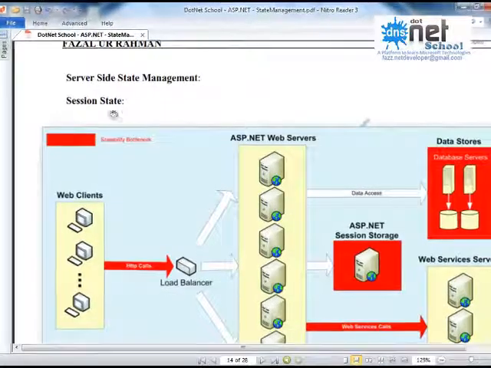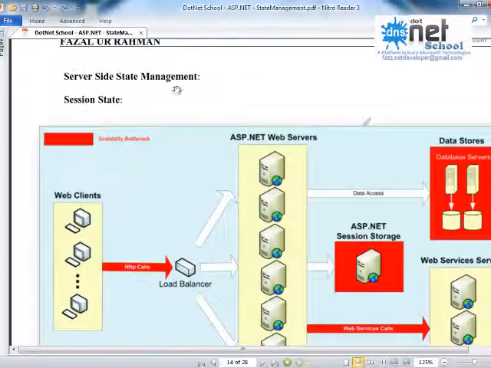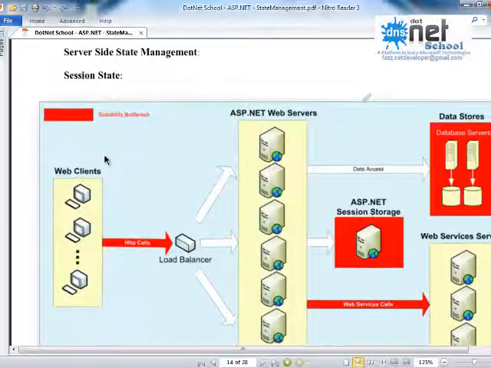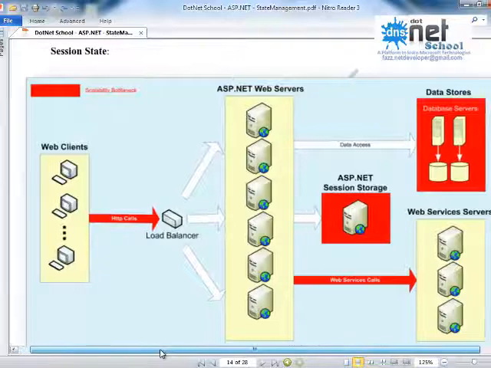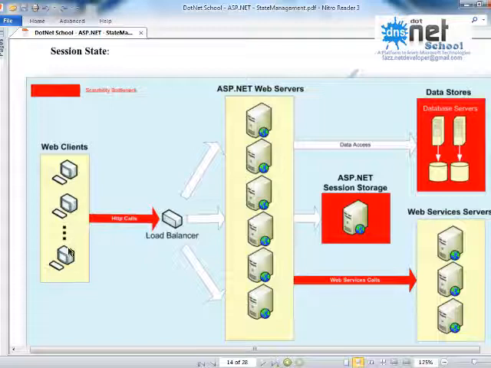As we know it very well, in server-side state management techniques we have session state and application state. Okay, so let us see what this session state is. See, I have an architecture over here. Here web clients are there, so many clients. Client 1, client 2 and n number of clients will interact with the web server through the HTTP protocol, and